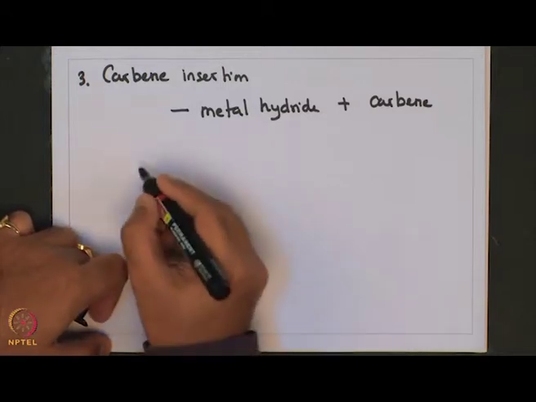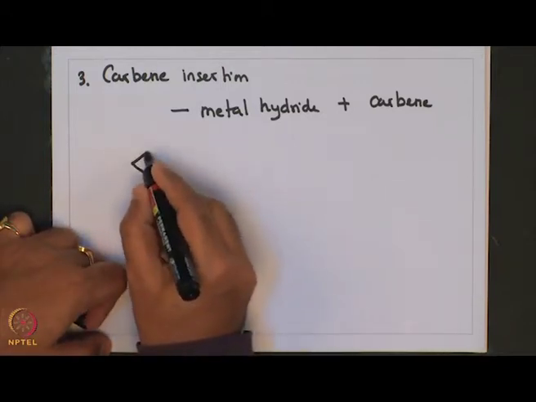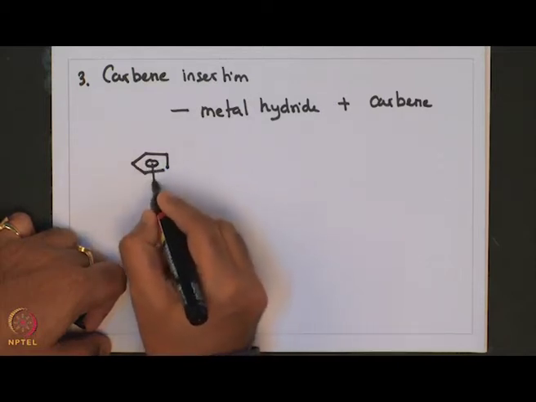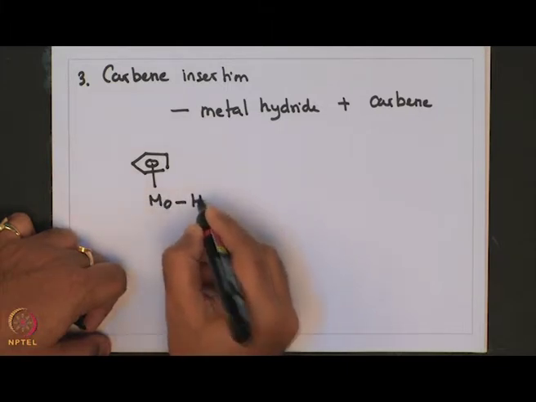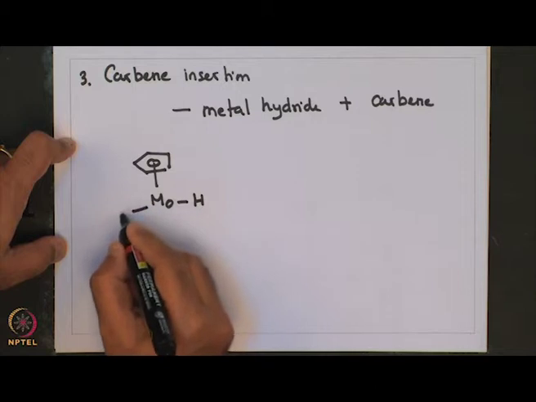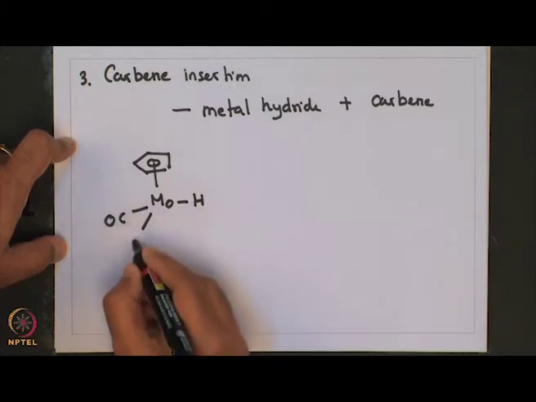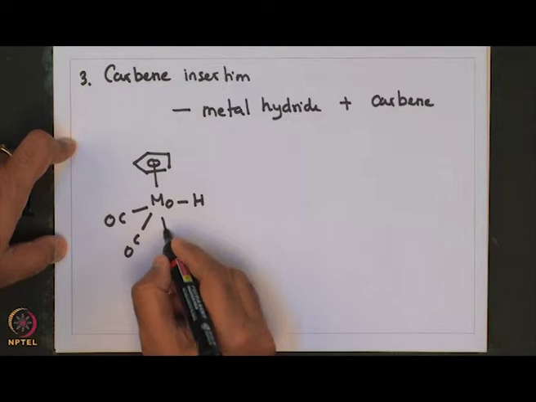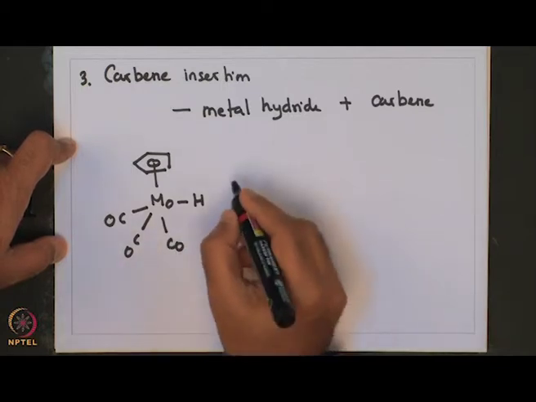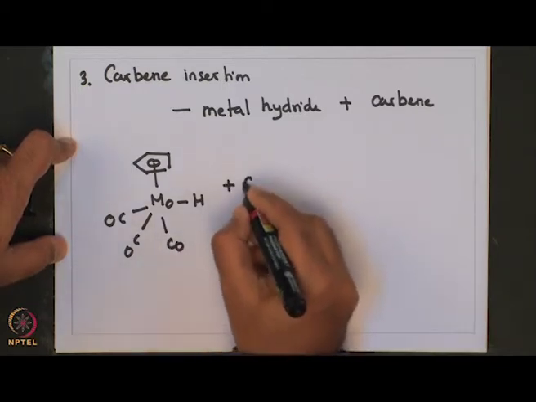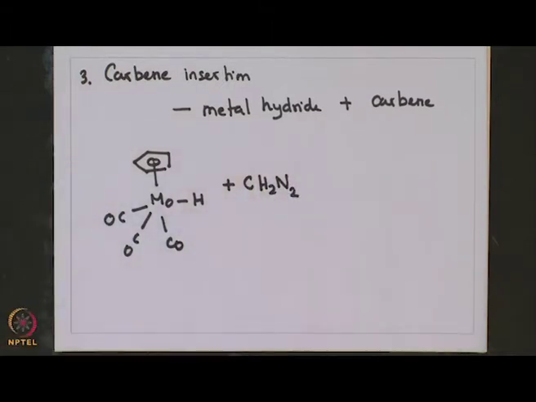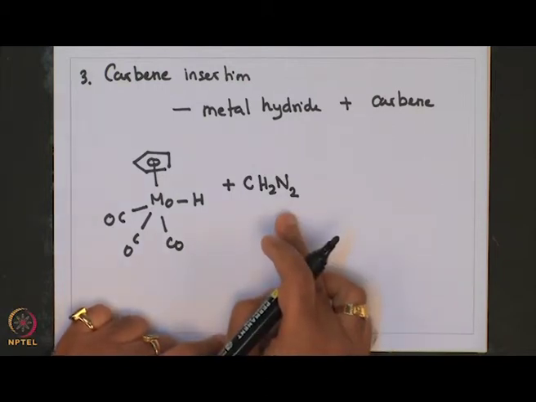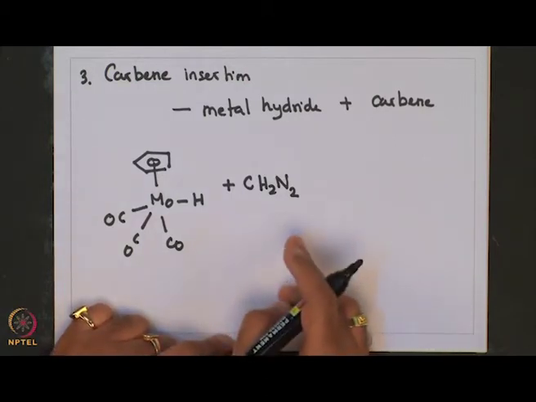For example, the reaction of cyclopentadienyl molybdenum hydride tricarbonyl compound with diazomethane. Now, diazomethane is nothing but a carbene precursor,